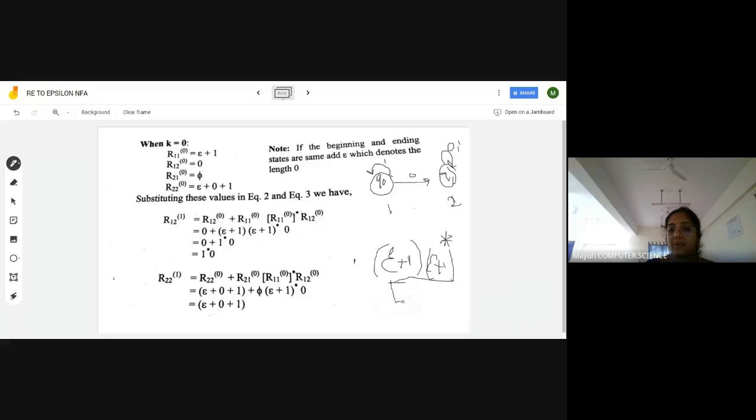So please remember, if anything comes in this manner, just take it as if star is there. One is without star, one is with star. What is the remaining input of epsilon? Consider that one with star. That is, I think you will get it here, that is 1 star. The value of this is 1 star. So I have taken the complete thing as 1 star and then 0 has occurred as such.